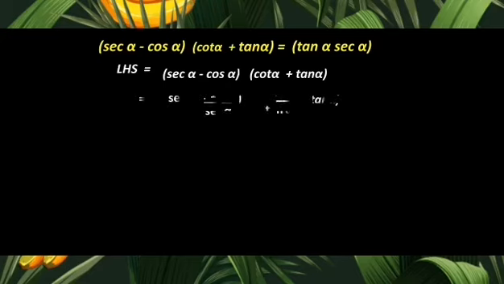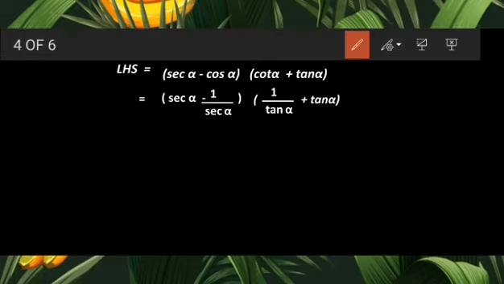Now presently over here we have the way I told you, sec alpha minus cos alpha and cot alpha plus tan alpha, and in the RHS I need to prove only tan and sec. So as I need only tan alpha and sec alpha in the RHS, so my first step what I chose to remove all other terms from the LHS. So which are those other terms? Cos alpha and cot alpha.